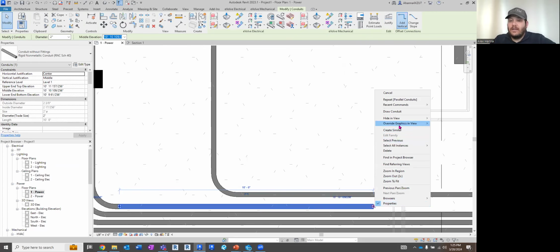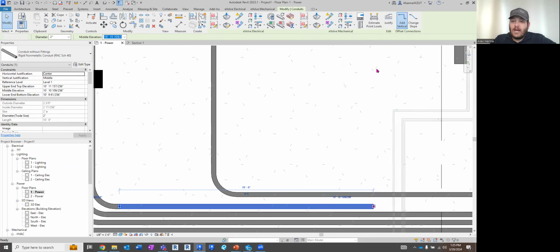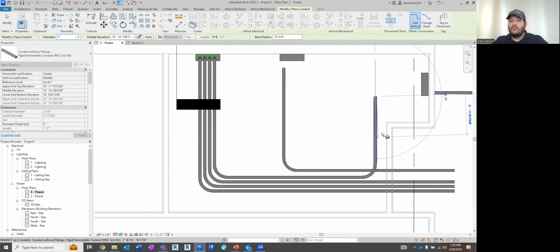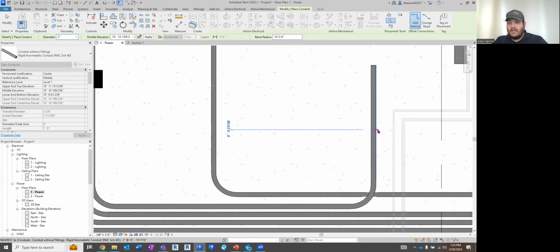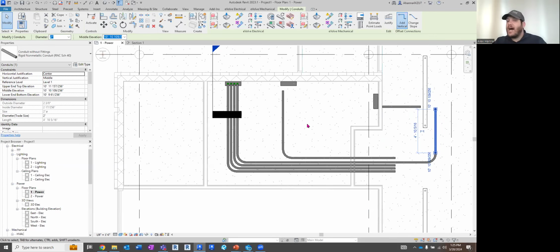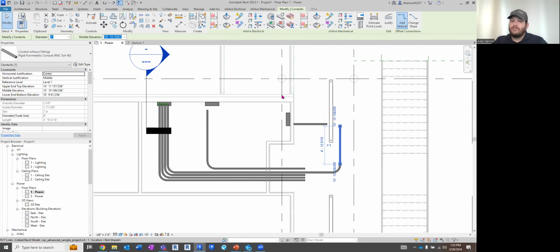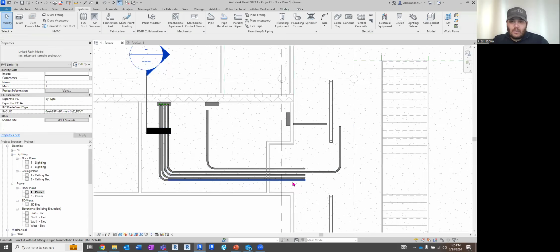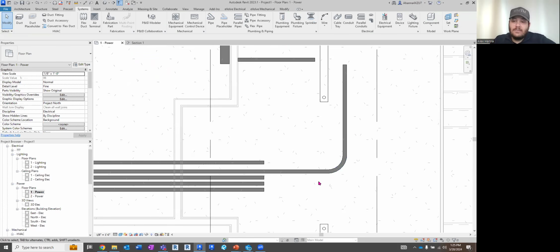I can even right click and continue to draw a conduit right on top of here. So if I needed to go up into a room, now I can do that as well. If I'm a little short or a little long, I can drag it out and drag it in. I have a lot of options available to me to do this. The next thing we're going to talk about is offset 90s and just